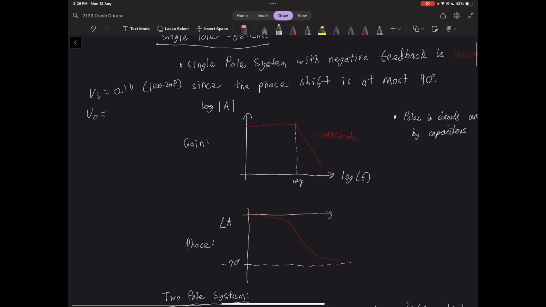Again, we're looking at the phase shift here from input to output. If our output voltage has a phase shift of minus 180 degrees,